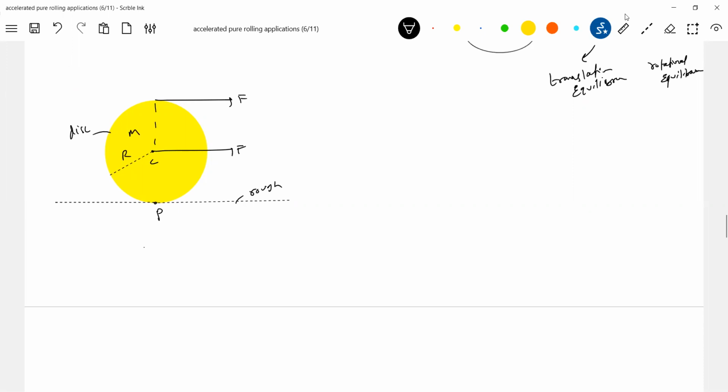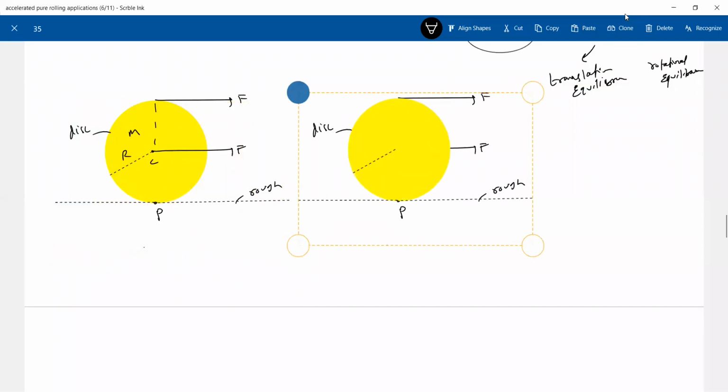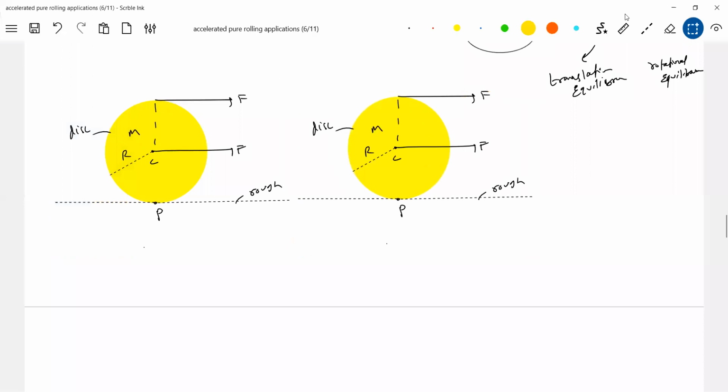Don't get scared. Just what you should do: what can happen to the rigid body? Due to the applied force, it will have translational motion, and there will also be torque. Sir, how do we get the direction of friction? Don't use any formula, for God's sake. Sir, can I make a guess of friction in any direction? Can I assume friction in any direction? Here, just assume that the friction will be backward. Solve it. If you get negative, change direction. If you get positive, what you assumed is right. Acceleration of center of mass, and let there be torque.